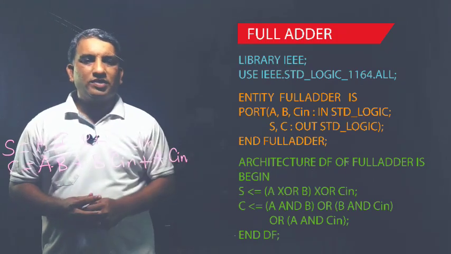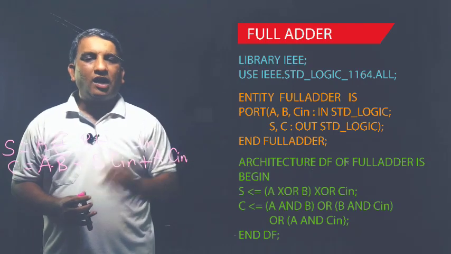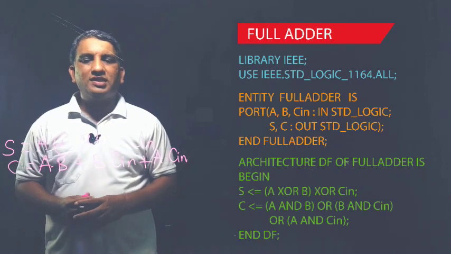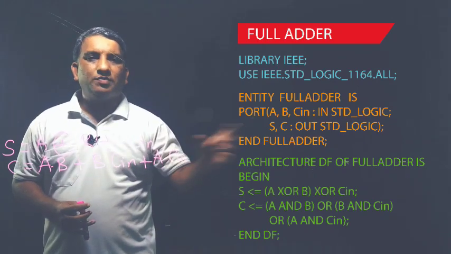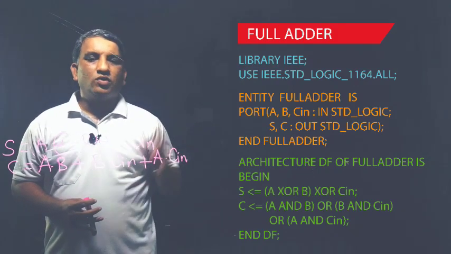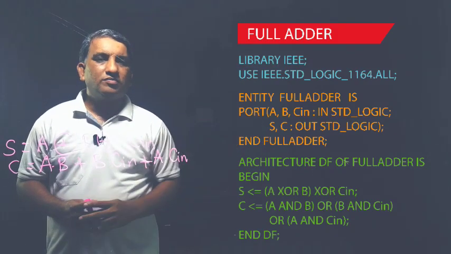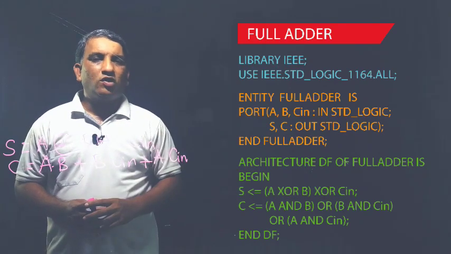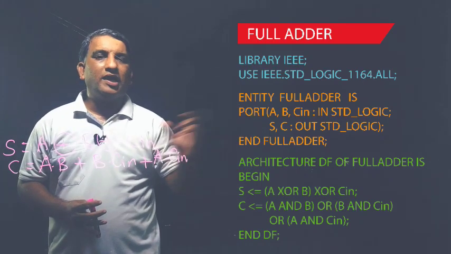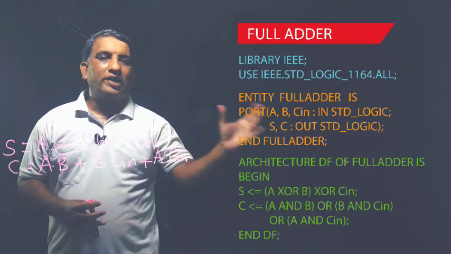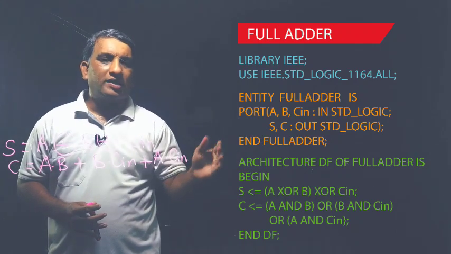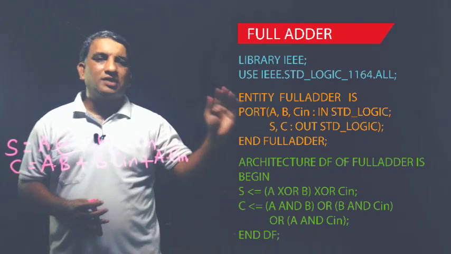Now how to implement these two equations? I have already told you for the half adder, the same case you have to do here, right? So S is assigned with A XOR with B. For XOR symbol I will write down the keyword XOR. तो A XOR with B ब्रैकेट में डालेंगे because XORing operation is performed only on 2 bits. So that's why A XOR with B एक ब्रैकेट में लेंगे, उसका जो आउटपुट आएगा उसका XORing करेंगे हम C in के साथ. So that's why in bracket A XOR with B bracket complete XOR with C in, then semicolon.